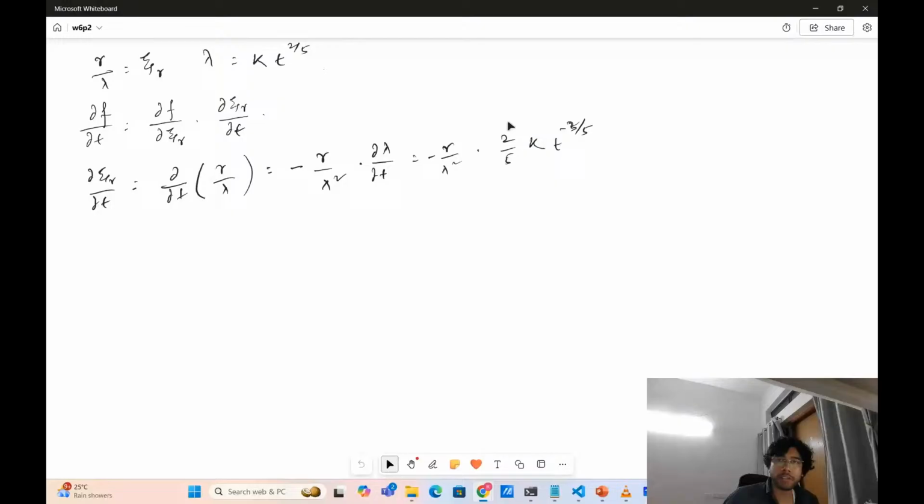If you remember, this is lambda, and this is 2 by 5 lambda by t. So this is minus r by lambda square times 2 by 5 lambda by t, and therefore,